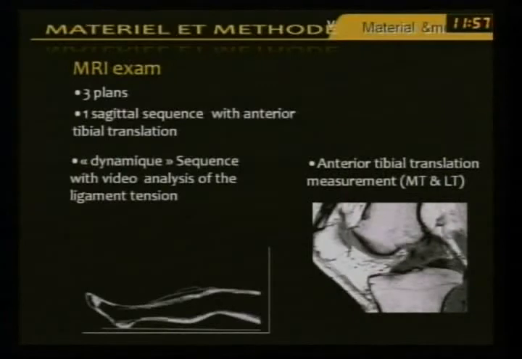The MRI exam is done in the 3 planes, one sagittal sequences with the anterior tibial translation, and we will measure the anterior tibial translation, and the dynamic sequences with a video analysis where you can see exactly how is the ACL remnant and how this ACL remnant is put in tension. You will see that you see perfectly how is